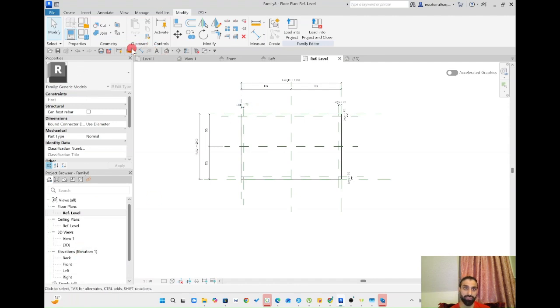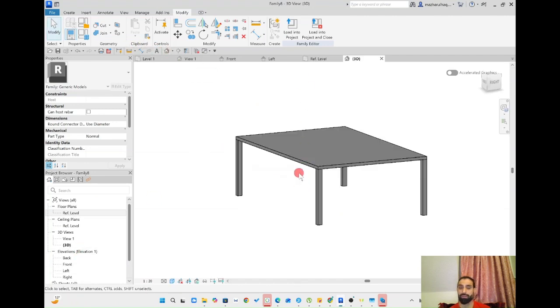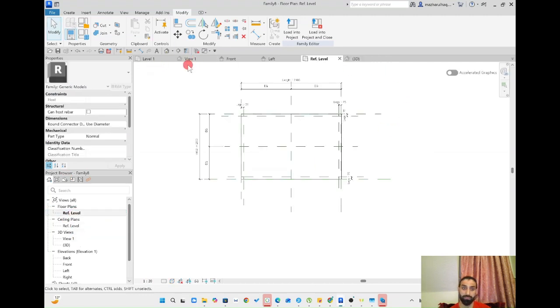Before we go to reference level, let me see. Here we will add a little bit of leg rest, as just a rectangle around the legs to strengthen the table, and also so that we can rest our legs on it. So how are we going to do it? Go to the reference,